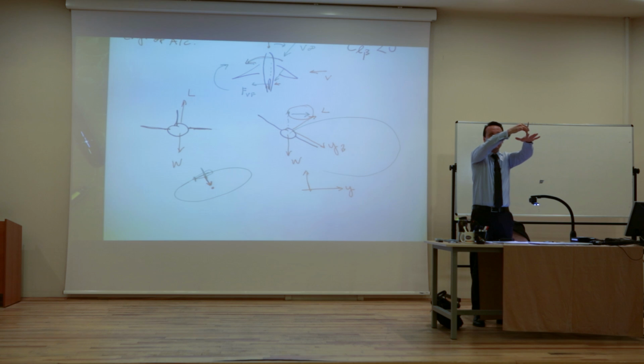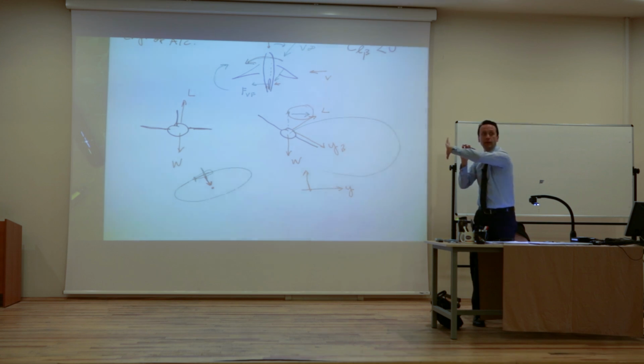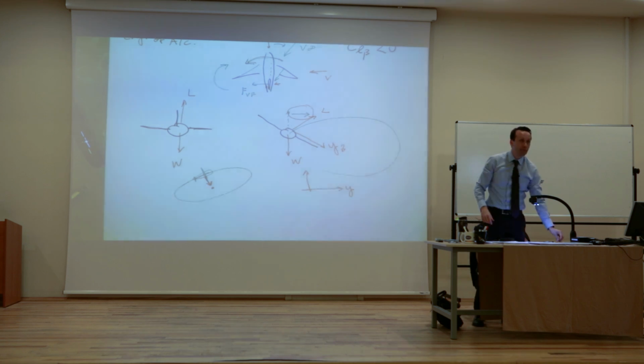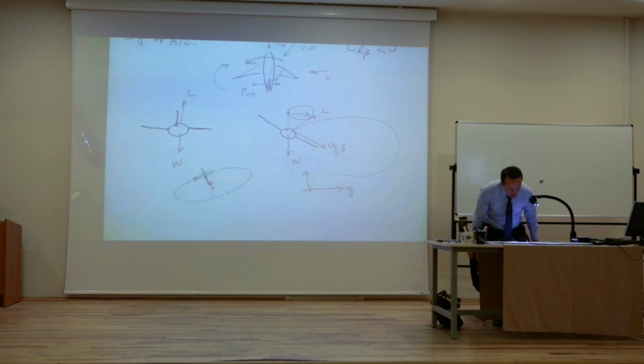If this is the lift vector, and you rotate, now you have a component in that direction because of that lift vector, and that component will start rotating you like that. Okay? Without that rotation, the centripetal force is not there. Right? You fly like that. So in certain cases, you need that phi, especially if you want to make a turn. So where is that phi going to come from? The phi is coming from